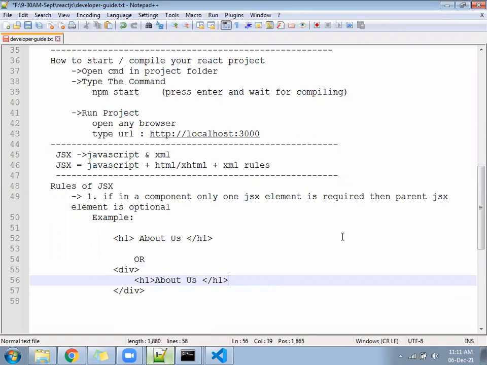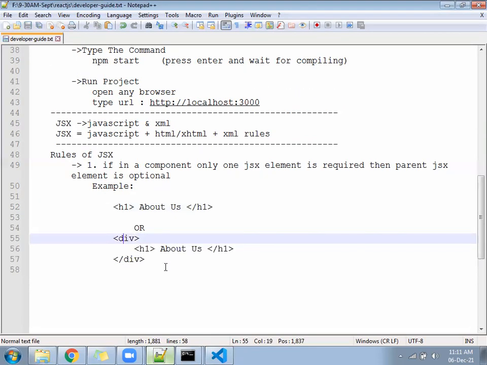This is also valid. Both are valid. What we followed today is the first method, H1 directly.